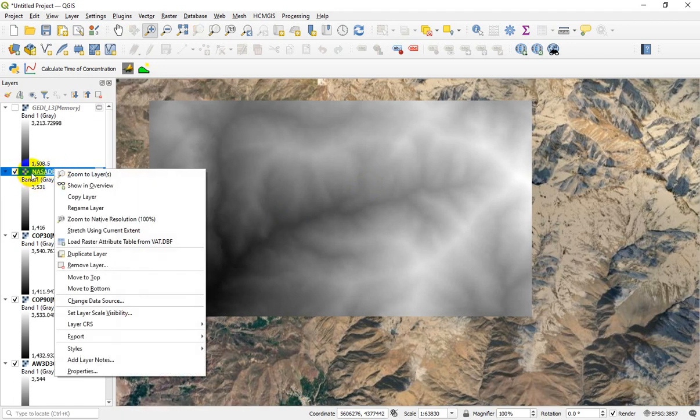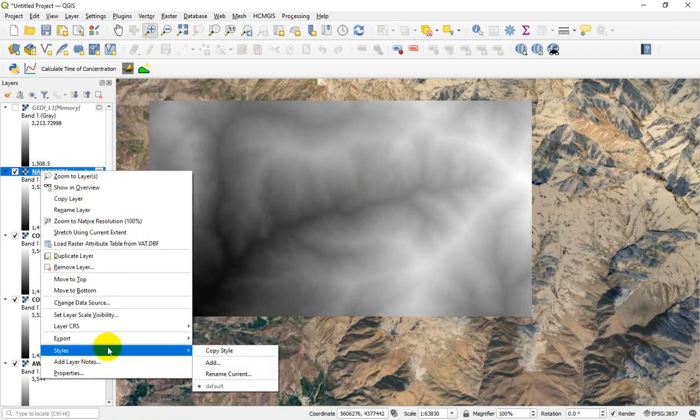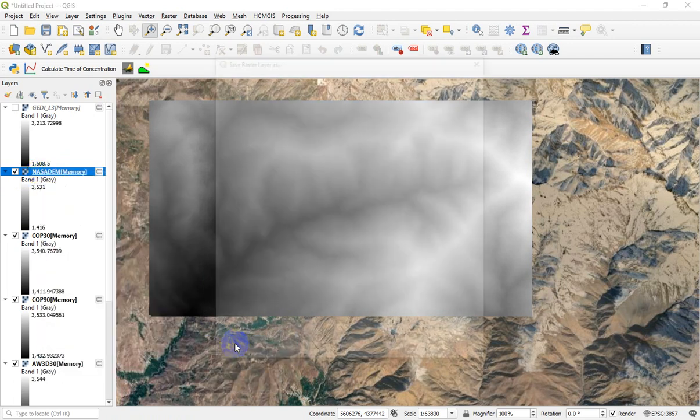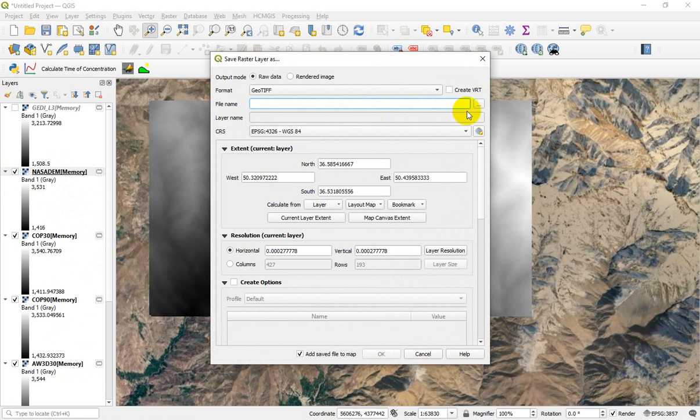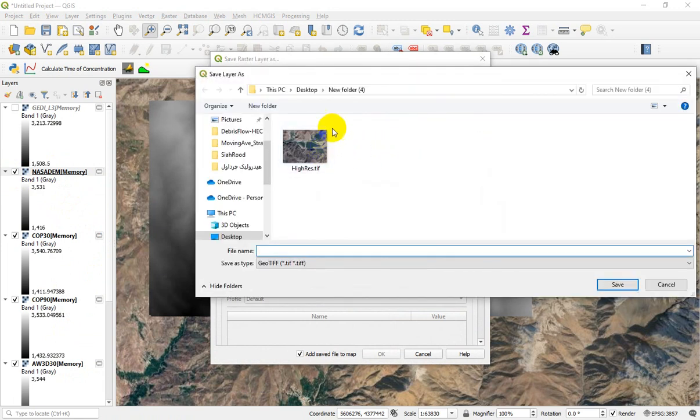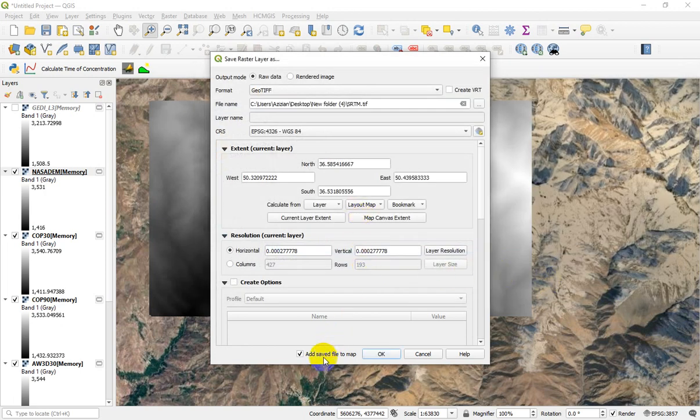And also you can save all of these DEM sources on your computer. Right click on, for example, NASA, go to export and save as. And in the file menu, for example, create a new folder, for example, SRTM, and press OK.